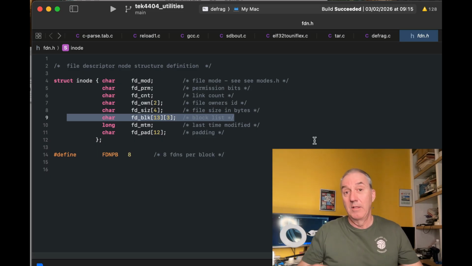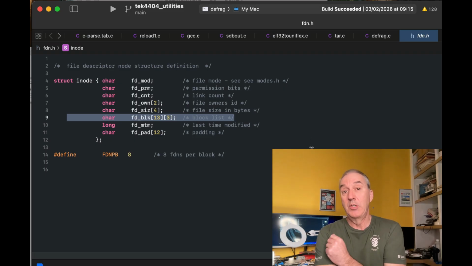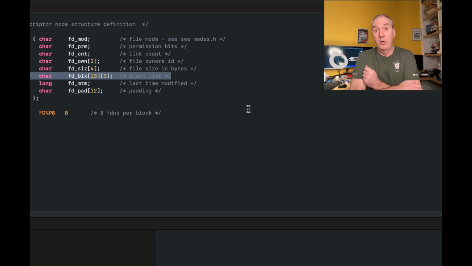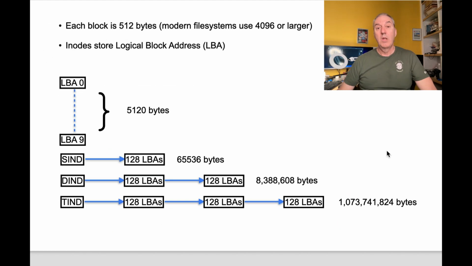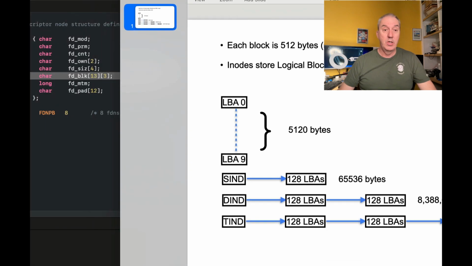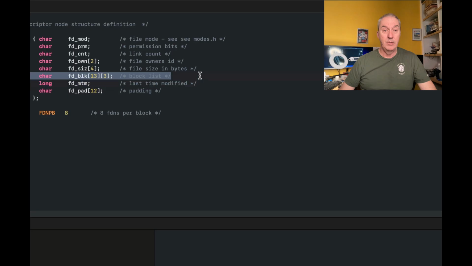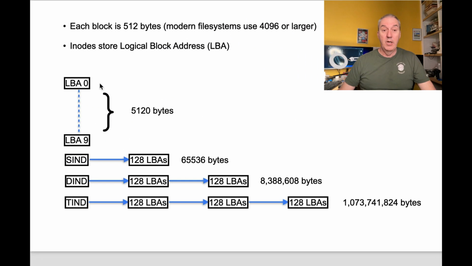But the important thing is that the structure and the way the inode works is very similar to what it does even today. So if we look at the layout of those 13 blocks, each logical block address is 3 bytes, and there are 13 entries. So what are those 13 entries? The first 10